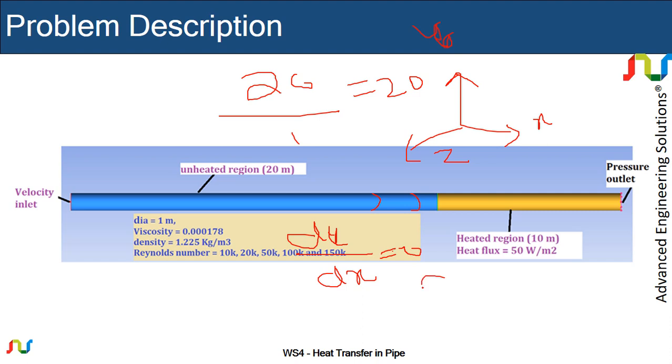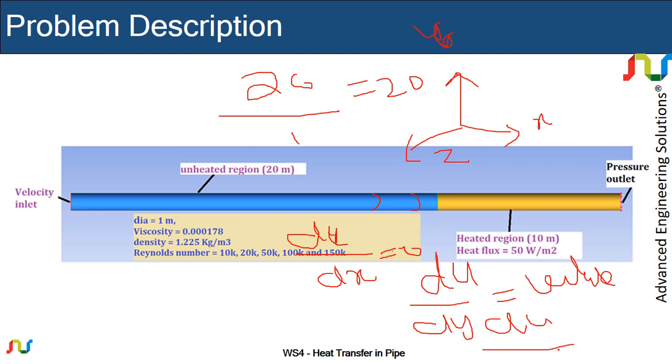But the u will have a change in the y direction, it may be a first order function or just a constant value. And because the problem is three-dimensional, it will also have a change in the z direction similar to the change in the y direction.